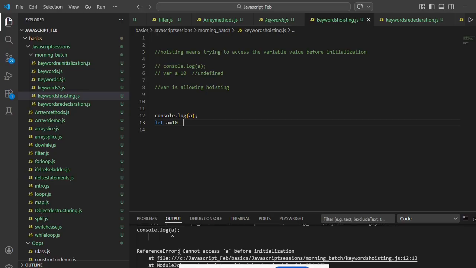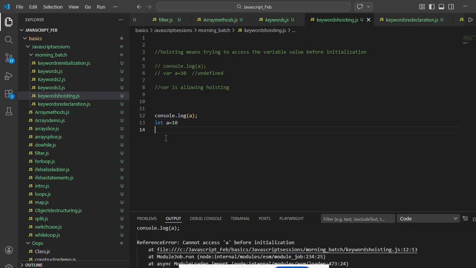You're getting an error message, correct? Here you cannot access the variable value before it is initialized, right? It gives the same error, cannot access a before initialization. Clearly it is saying that you cannot access a variable before you have initialized it. That is not possible. So where is not allowing